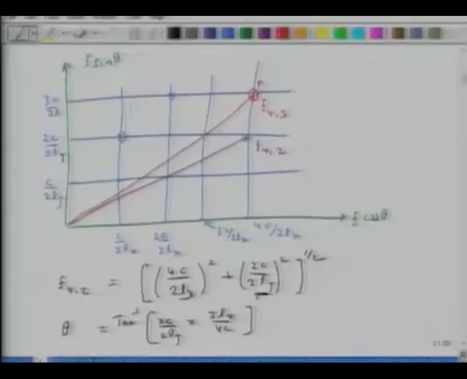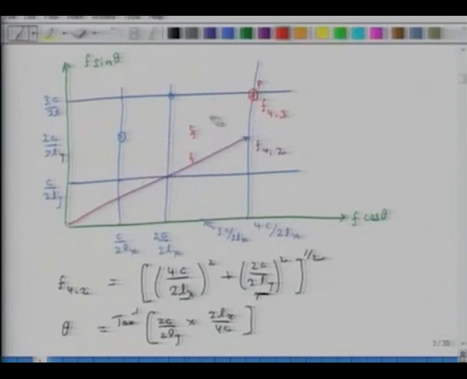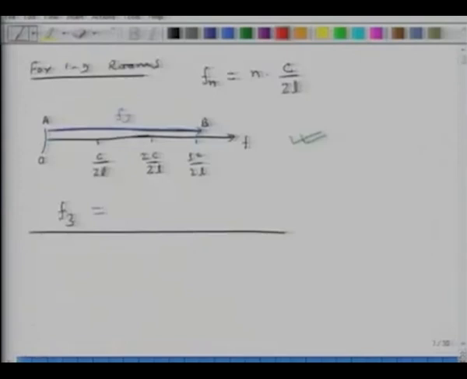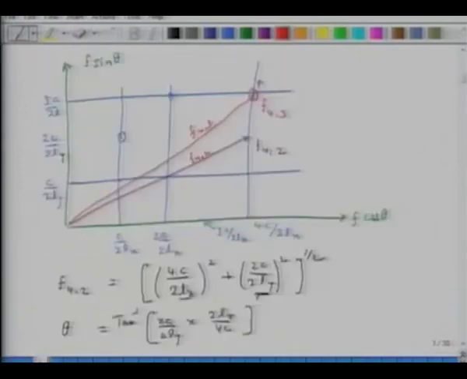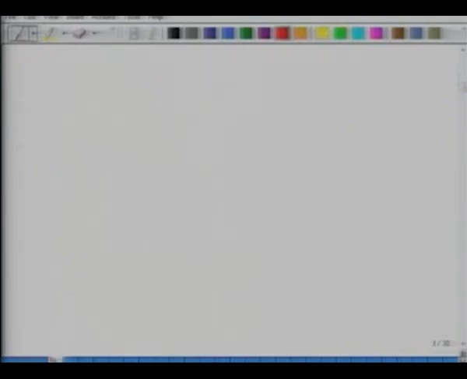So once again, this is my f 4 3, and this is f 4 2. So essentially we have extended this kind of representation to two-dimensional space, for 2D rooms. Now we take the next jump and go to 3-dimensional